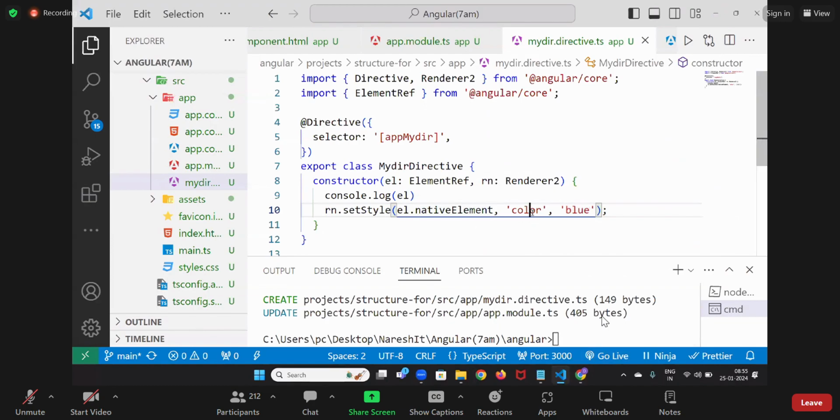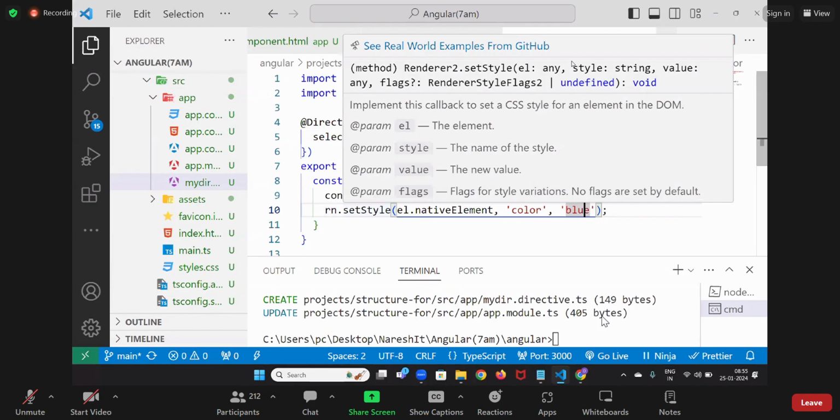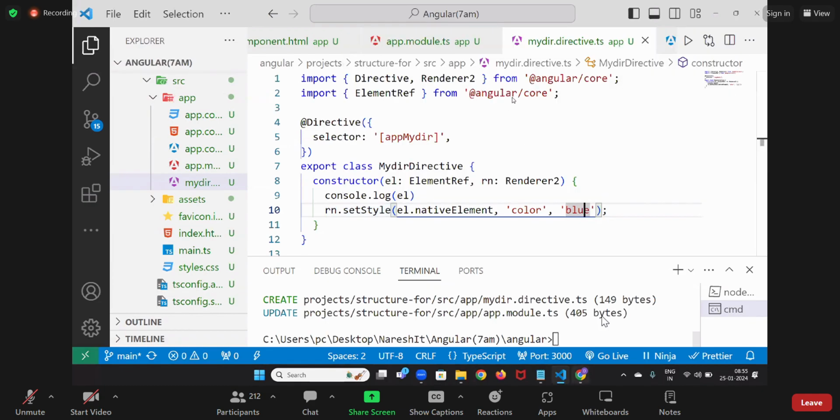And then what property do you want to change? The color property. And what value do you want to change it to? Blue. And that whole thing is rendered. Then on the screen, if you see it in the DOM, here, see, in the DOM,